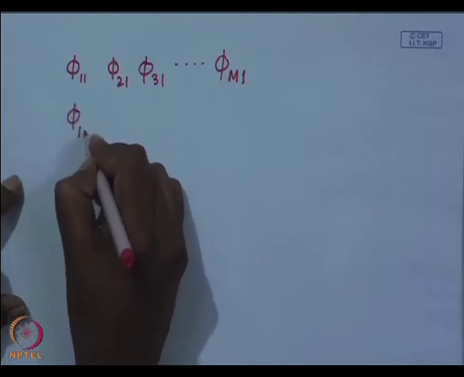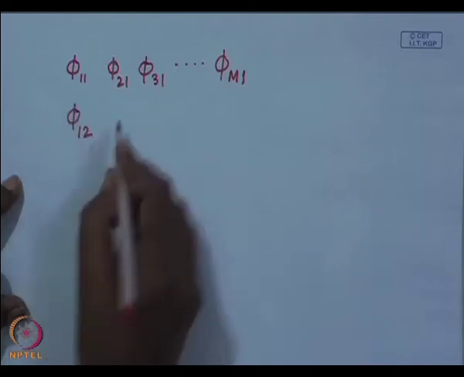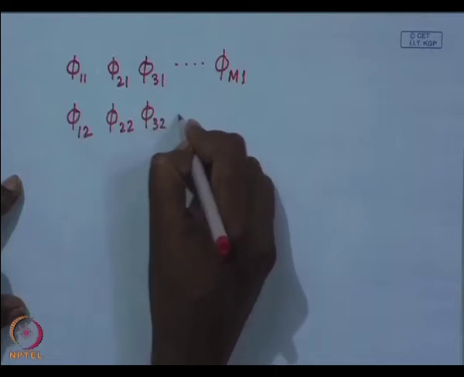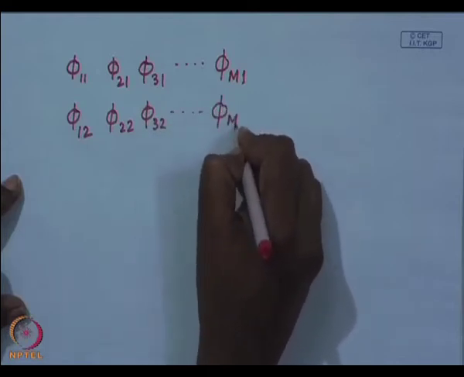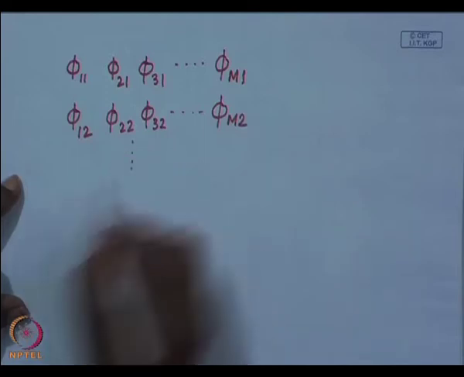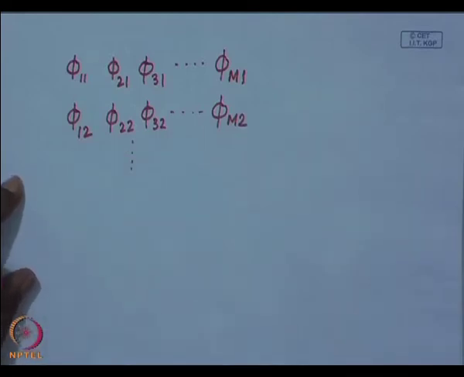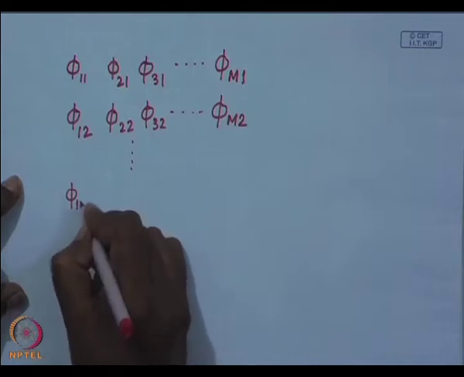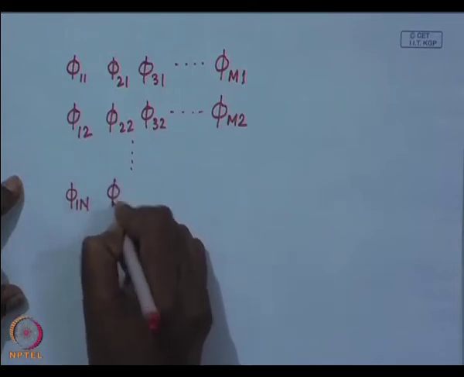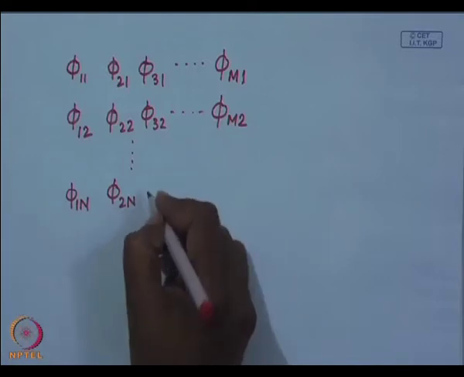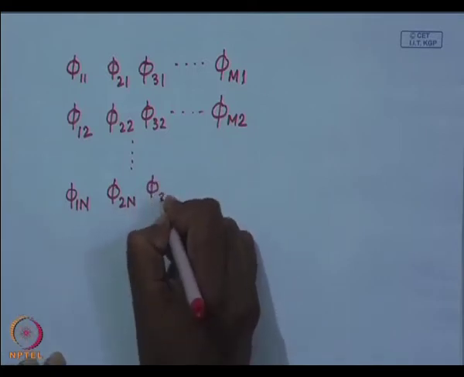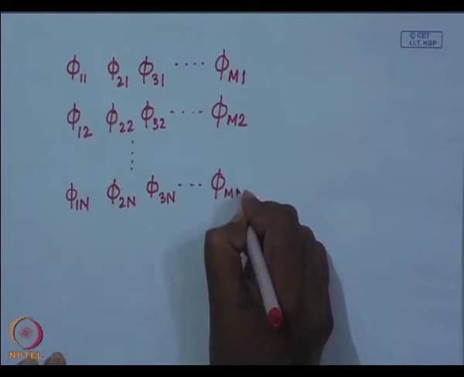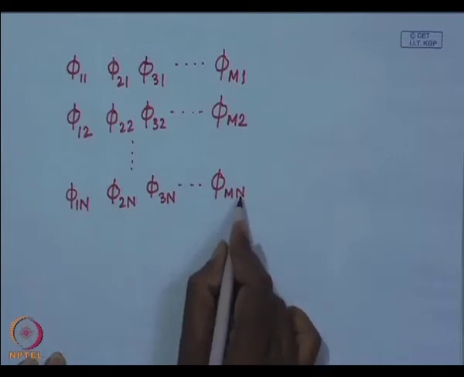Similarly phi 1 2, which means phi 1 of x 2, phi 2 2, phi 3 2 up to phi m 2, and as I have capital M number of samples for training, I will have phi 1 n, phi 2 n, phi 3 n up to phi m n, which indicates phi m of x n,